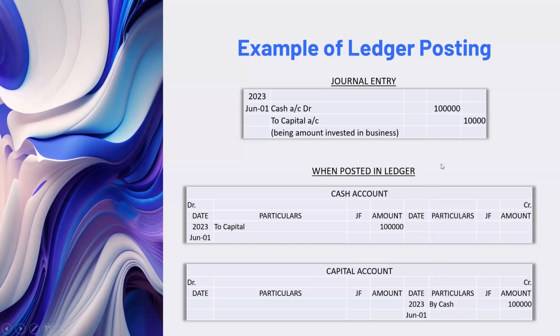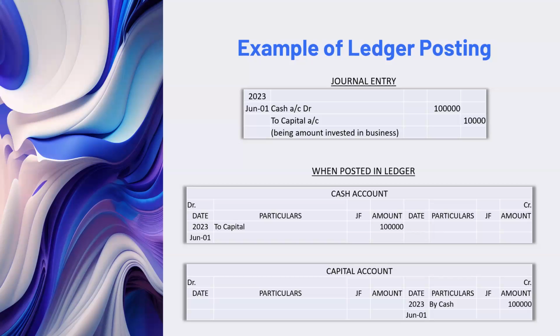This is how it's done. I'm just giving you a glimpse of how ledger posting is done. I'm not going to go deep into this. First, we will be very confident in journal posting, because we are yet to see the nominal accounts entries, that is the brokerage, commission, bank interest, and accounts payable, accounts receivable. All these come under the other entries. So you are going to see the journal entries in another 2 to 3 sessions. Let's be very strong and clear on that, and then we will see about ledger posting as well.